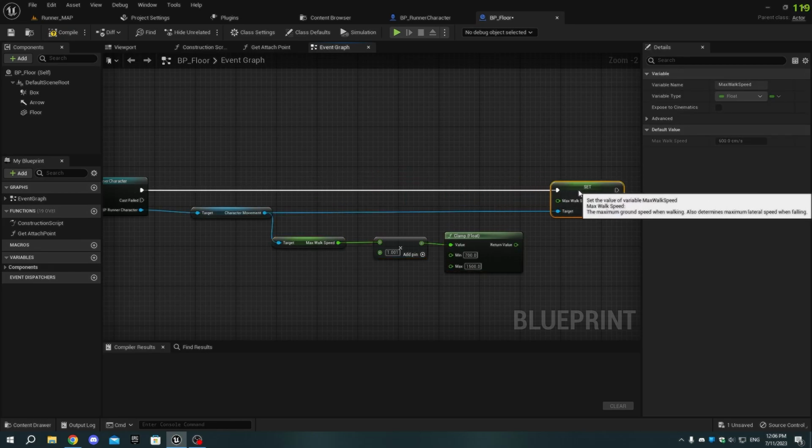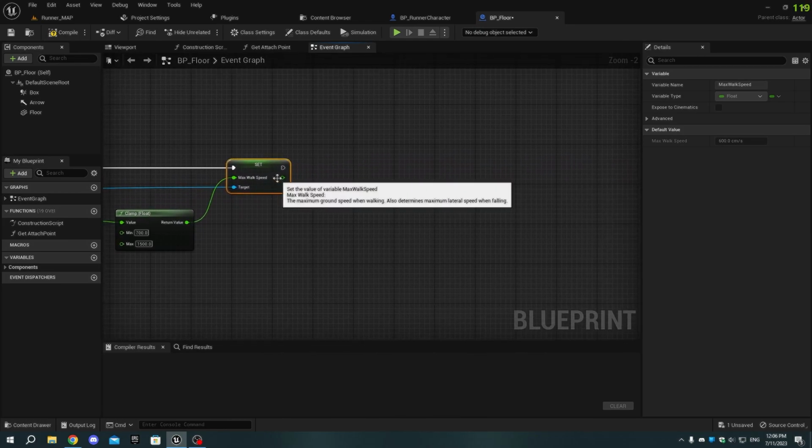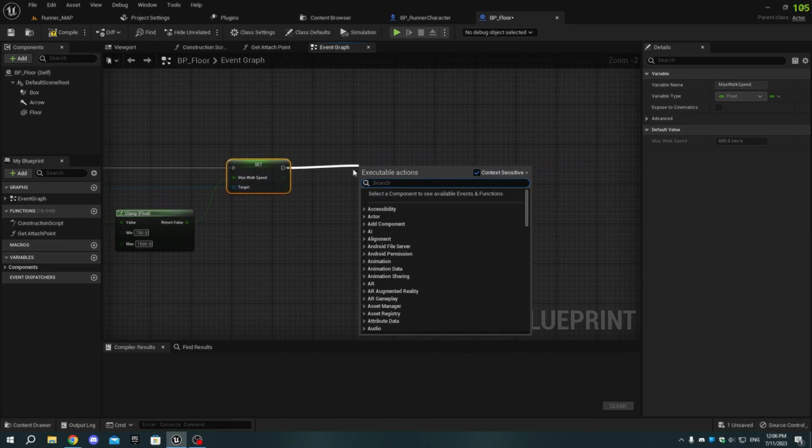Connect the return value of the clamp to the setMaxWalkSpeed pin. Add a printString node to visualize the speed change, connecting the return value to the string pin.